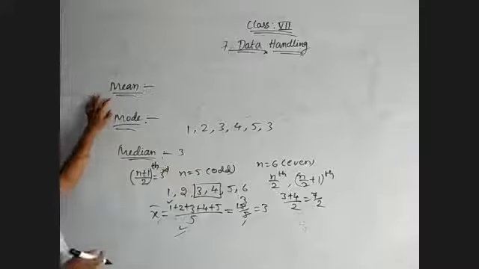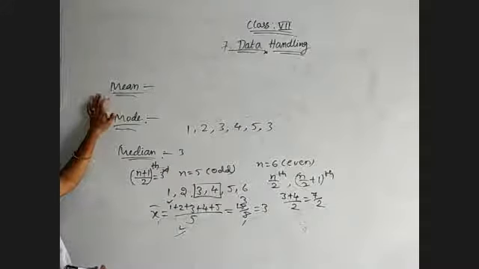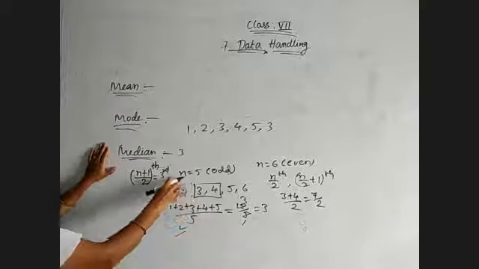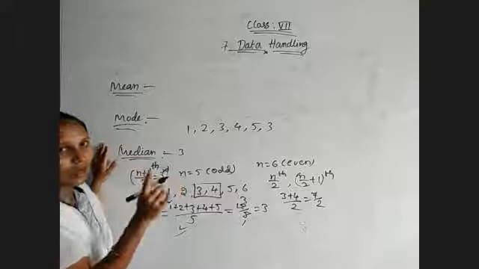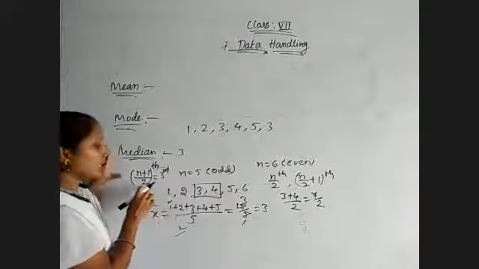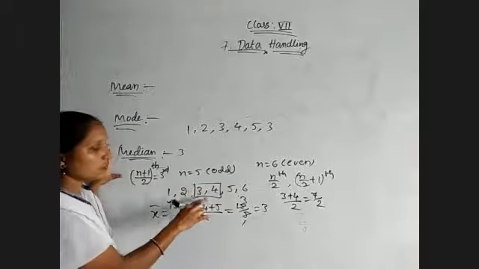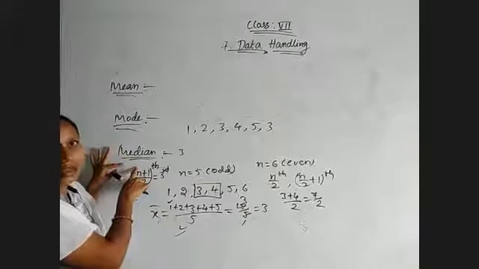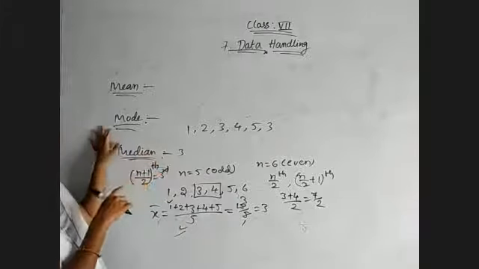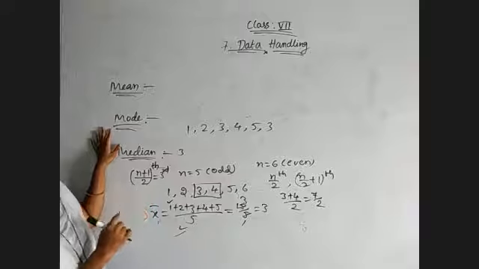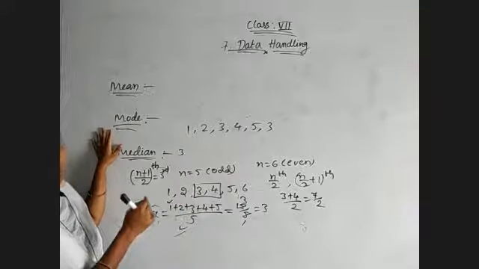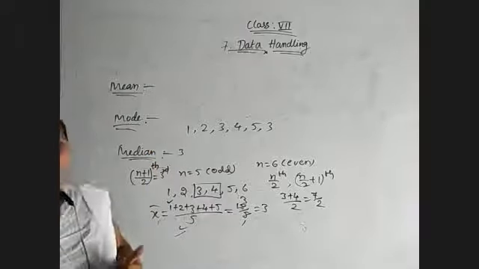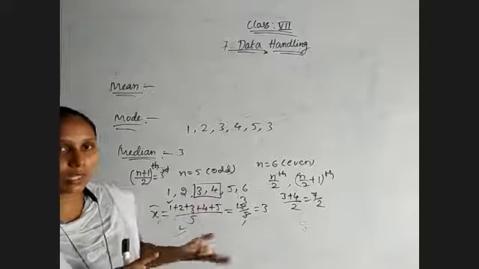Mean is the sum of observations divided by the number of observations, and it depends on the entire data. Median is exactly the middle value. When the number of observations is odd, only one middle value is obtained, and when it is even, 2 middle values are obtained, and we take their average to get the median. Mode is the most frequently occurring data, the one that occurs the most times. So data may contain a mode, no mode, 2 modes or more than 2 modes.